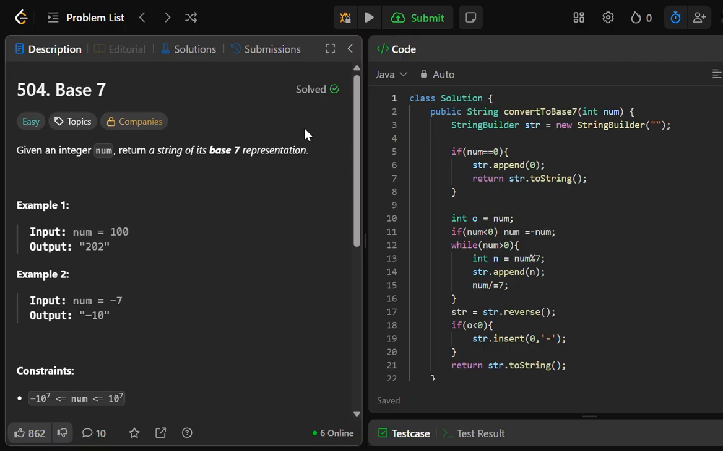This is a solution for LeetCode question 504, Base 7, and here we are given an integer num. It's an easy problem, in which we have to return a string of its base 7 representation. So what does that mean? Basically we need to return the base 7